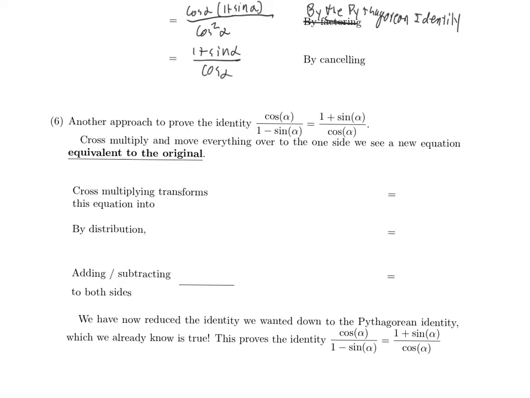And this is a good approach to take sometimes when there's not an obvious choice of which side of the equation is simpler. So let's try to prove the identity cosine of alpha divided by 1 minus sine of alpha is equal to 1 plus sine of alpha divided by cosine of alpha. So let's start with the original equation. The original equation is cosine alpha divided by 1 minus sine alpha is equal to 1 plus sine alpha divided